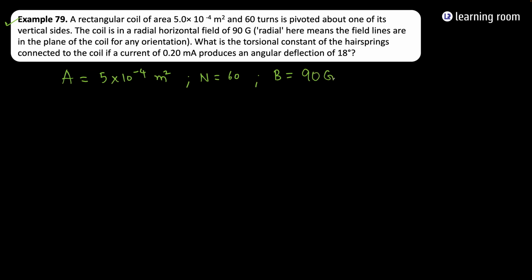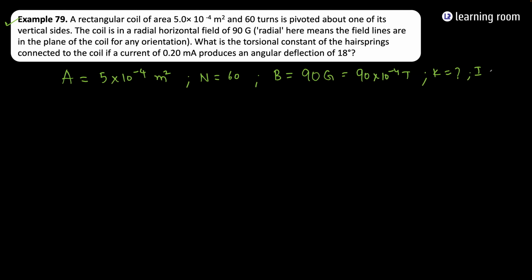90 Gauss. Do you know the meaning of radial magnetic field? Radial magnetic field means the angle between the magnetic field and the coil is always 90 degrees. So the torque will always be maximum. Right. So B is equal to 90 Gauss, or this can also be written as 90 into 10 power minus 4 Tesla, because Gauss is the CGS unit of magnetic field. The SI unit is going to be Tesla, right? So the torsional constant of the hairspring is